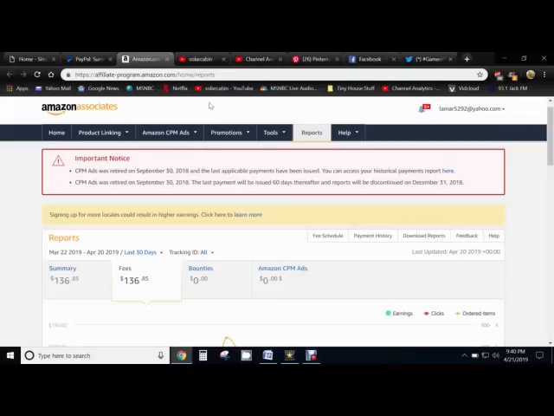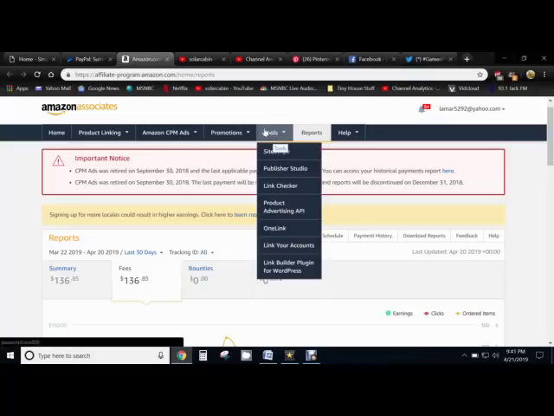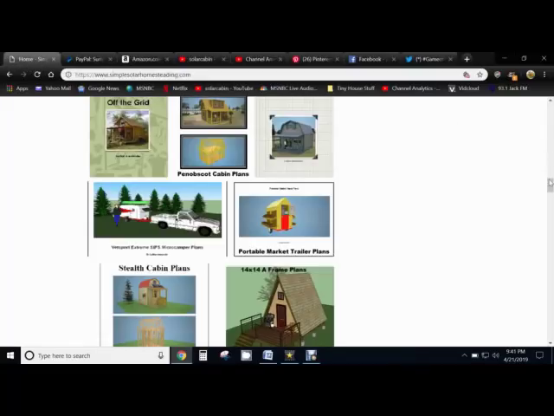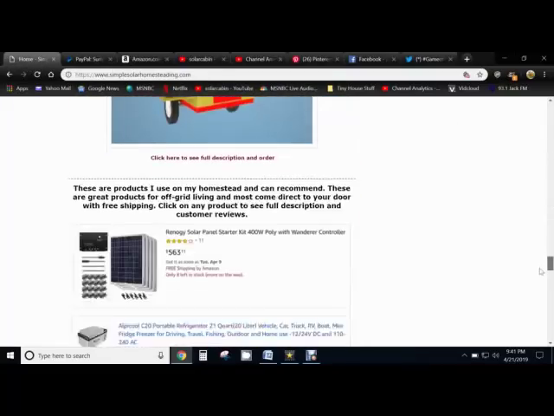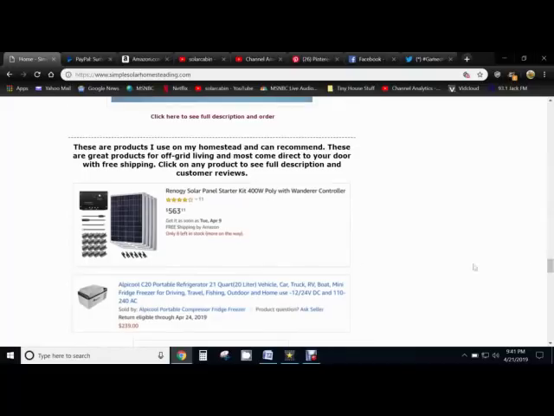You have to give them some information. Again, you have to give them a bank routing number, so you need a bank account. You may have to give them your social security number, those sorts of information that they need so that they can start your account and keep track of taxes and anything like that you may owe. So you get an Amazon account. Then you can link to products like I also showed you on my website, down here. Then you will get links, and you can choose whatever products you think your viewers, your readers might be interested in.